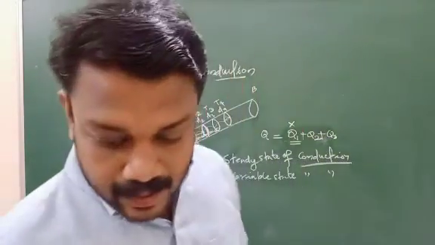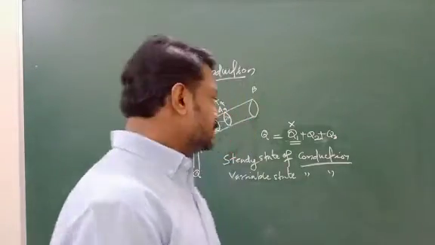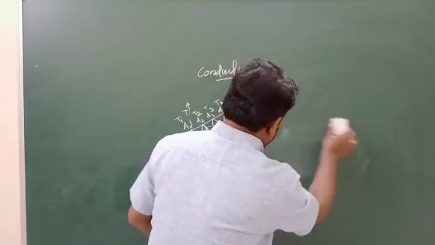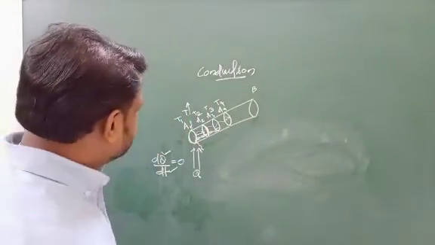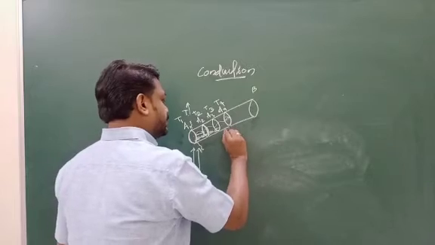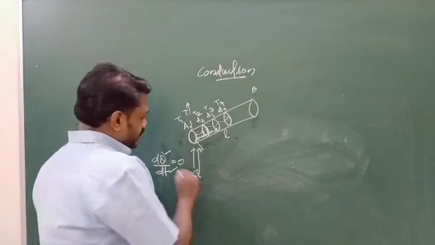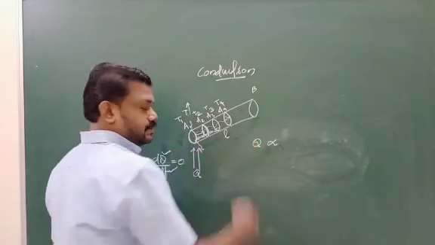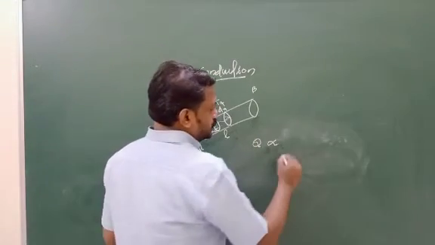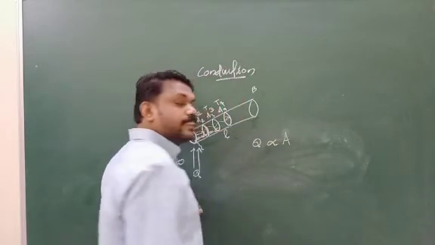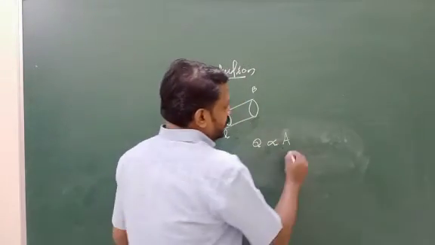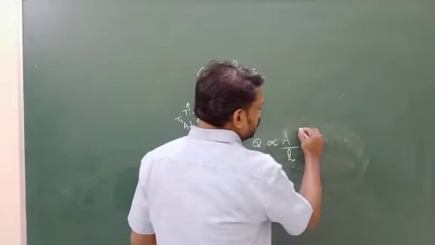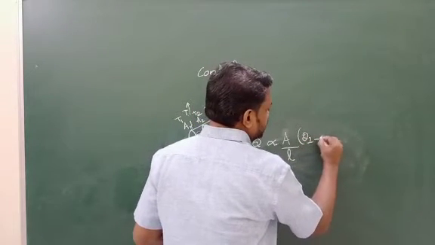Okay. So in conduction, the factors affecting conduction are, suppose the same situation we are considering, A and B are kept at a distance L. So the amount of heat flowing from A to B is proportional to area of cross section, and inversely proportional to the length,